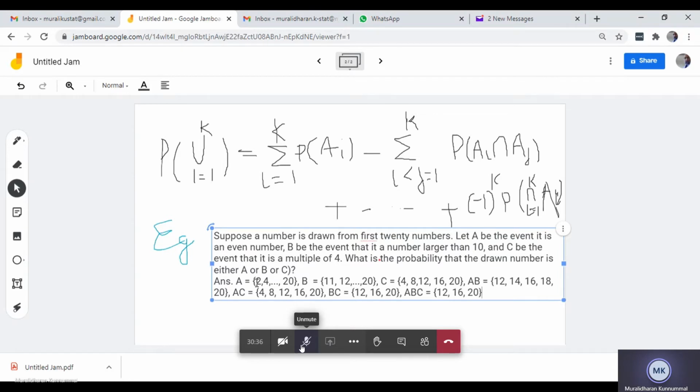So what is now asked? All events are ready. What is asked? Probability of A union B union C, that is equal to individual probability P of A plus P of B plus P of C, minus P of AB, minus P of AC, minus P of BC, plus the last term, P of ABC. Please make a habit of writing the formula first every time so that you will not forget. Okay, so it's simply a substitution, that's all. Just substituting.